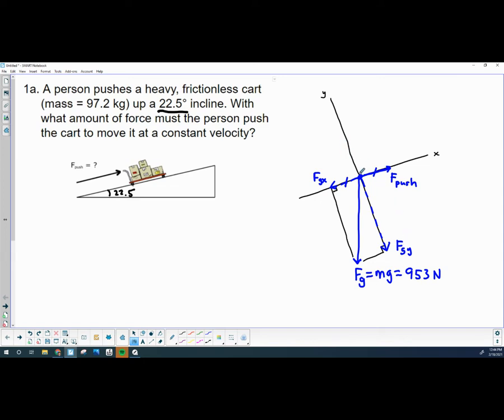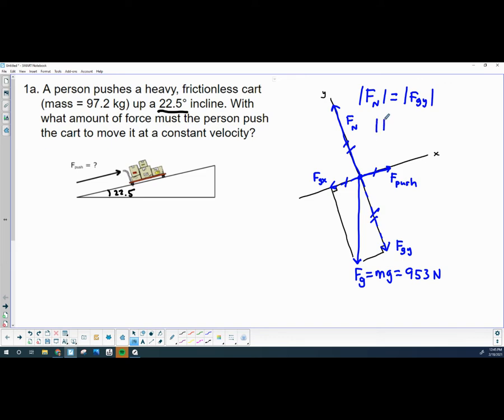So I'm going to try to draw that as best as I can upward along that tilted y-axis, trying to draw it the same length. That's going to be our normal force. I know that that will be congruent to FGY. This particular problem does not ask you to solve for normal force, but if I did want to solve for normal force, if I can find FGY, I will have also found the value of normal force. So summarizing here, the magnitude of normal force should be equal to the magnitude of FGY,